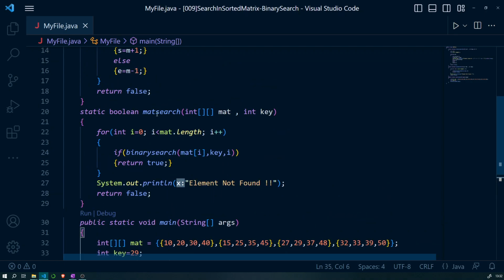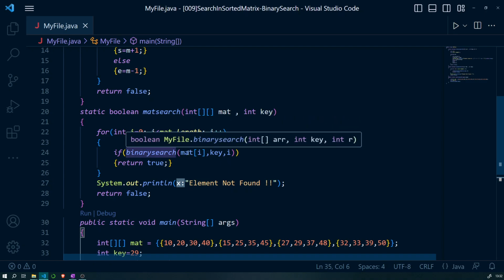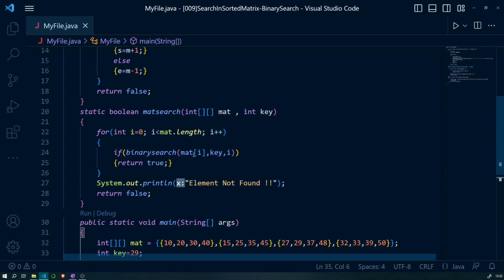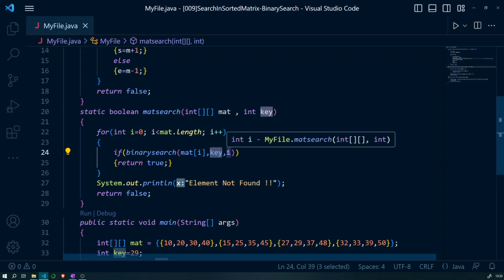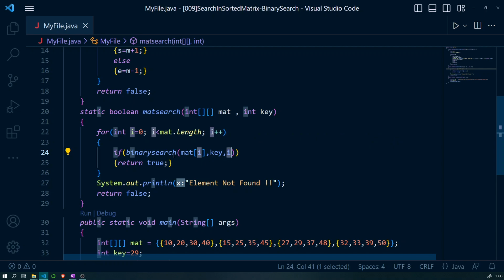Now what do we write inside mat search? We have passed our matrix and the key element as the parameters. For i is equal to 0, i less than mat dot length, i plus plus, if binary search of mat of i. Now why mat of i? We are passing the whole row into our binary search function, along with the key element to search, and i is the row number.